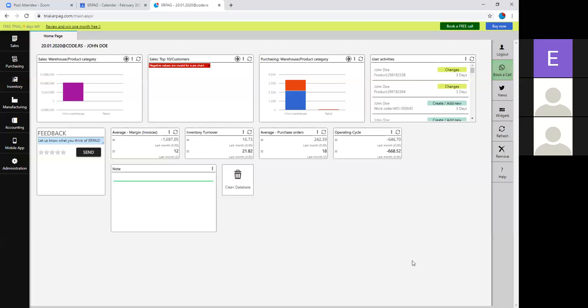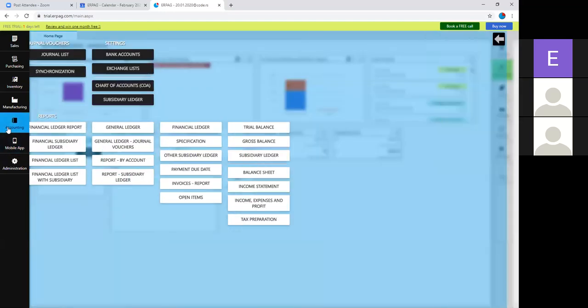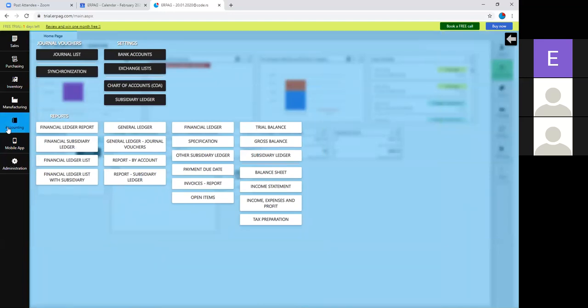And in terms of accounting, does it integrate with Xero or QuickBooks or any of those kinds of software? With both, yes. Okay. And apart from integration with them, I believe there is an accounting module within ERPAG as well, which I can see on the left. Yes, of course, but note that it's mostly meant for internal accounting because it's a basic accounting module. So it's a double entry, and we have